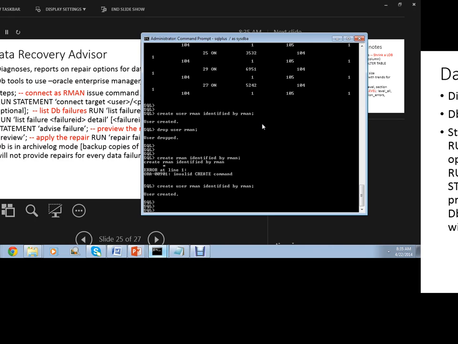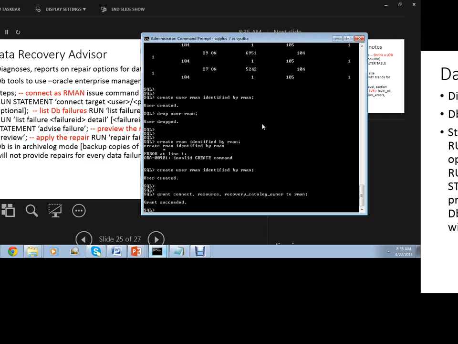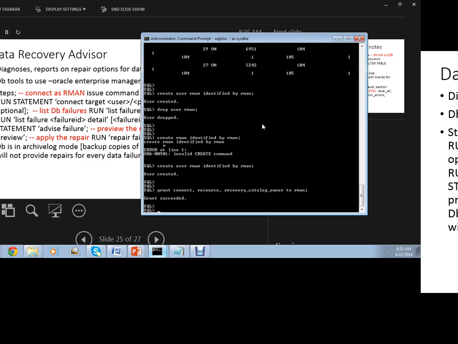The next thing I'll do is assign some privileges to RMAN. First I'll grant connect, resource, and recovery_catalog_owner to RMAN. And then I'm also going to create a tablespace for RMAN: create tablespace RMAN_TBS datafile